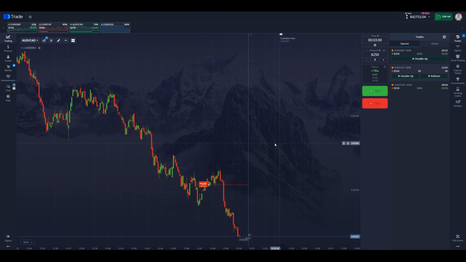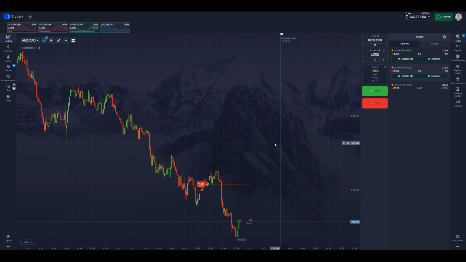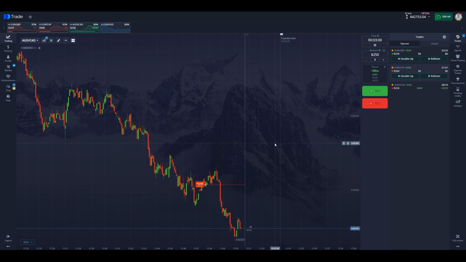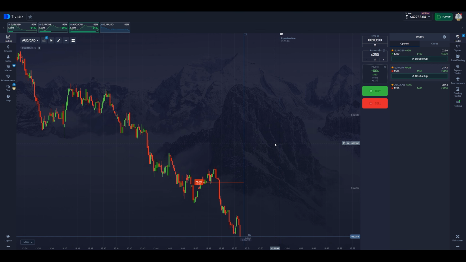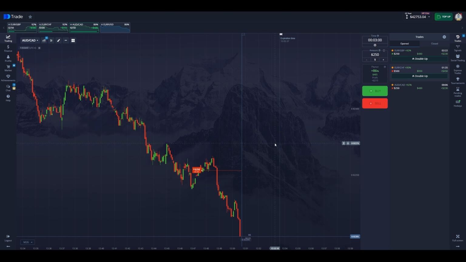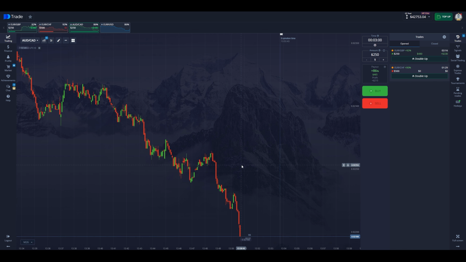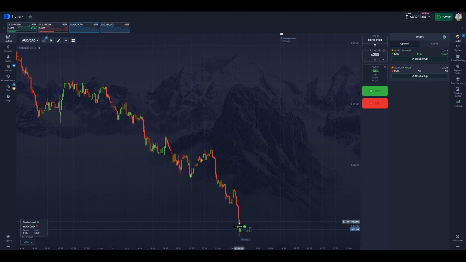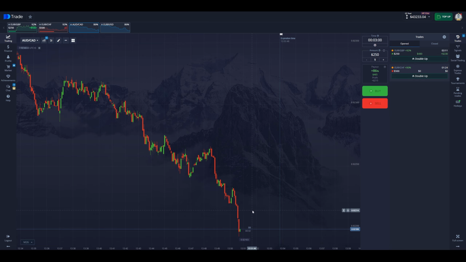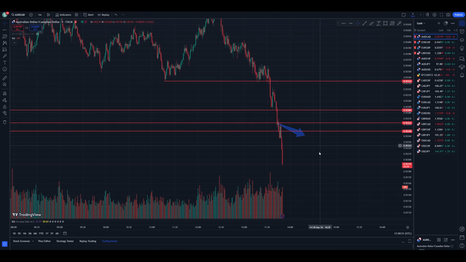Now let's talk about strategies. Even if you don't want to delve into complex analysis, it is still important to understand how basic strategies work. One such strategy is trend trading. We always use this. The essence of the strategy is that you open a position for the continuation of the current trend, and if the price falls, you open a deal for a decline. If the price is rising, then go for an increase. This strategy is good because it does not require complex calculations and is based on simple observation of market movement.